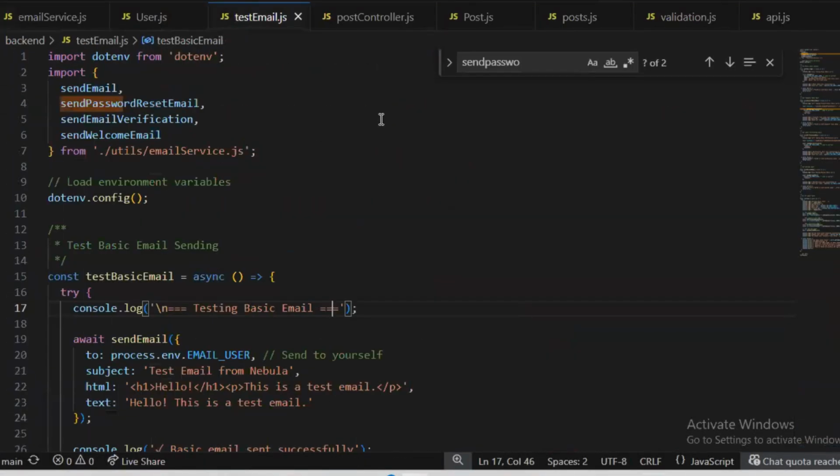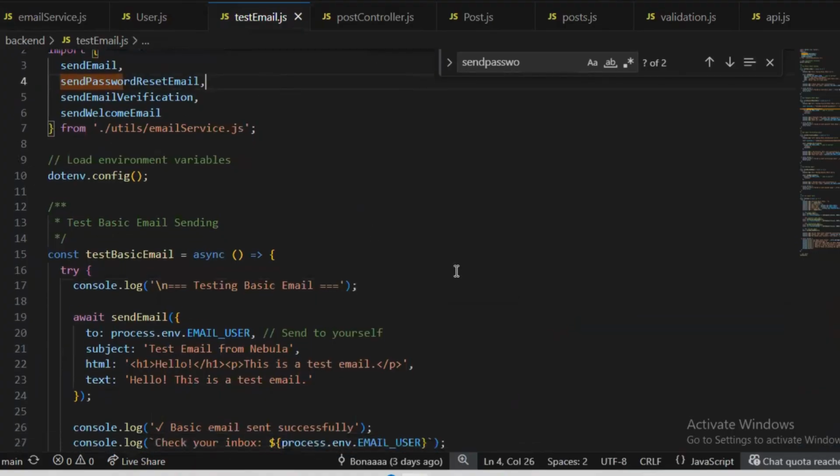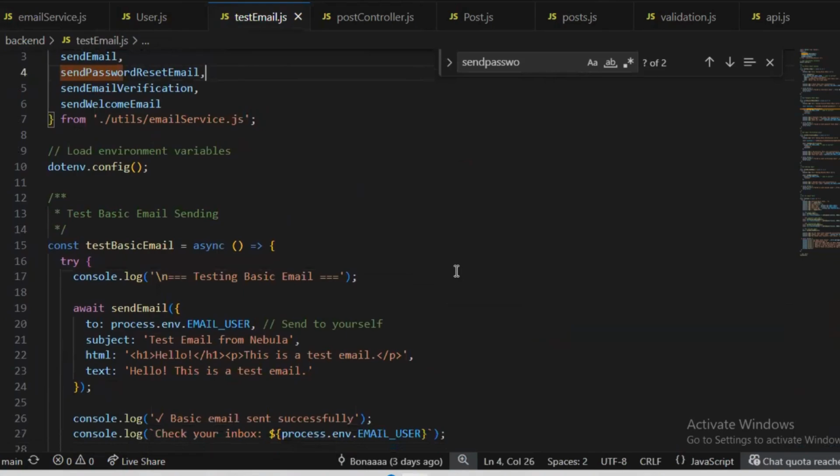And here is the test email script that I created to test the email services. This test script will validate our email configuration by sending all the email types that we created in email service.js.